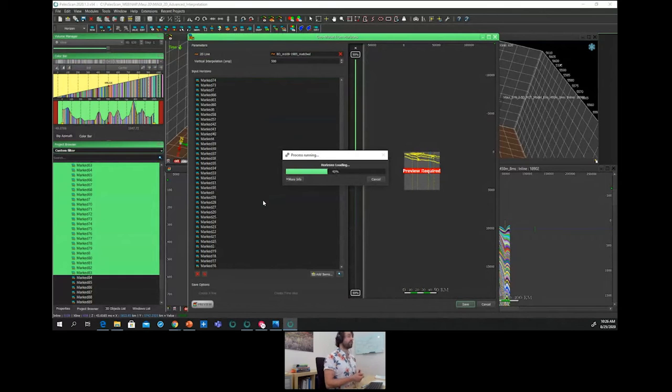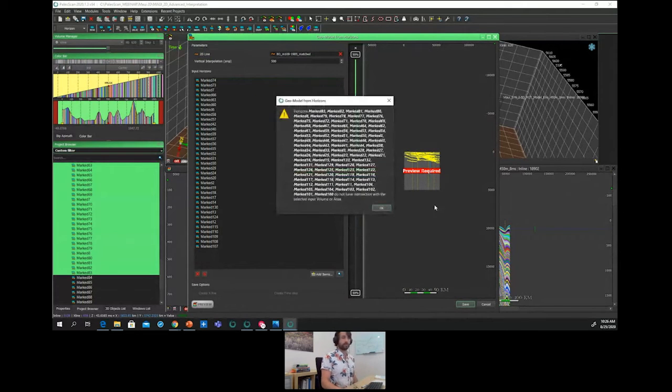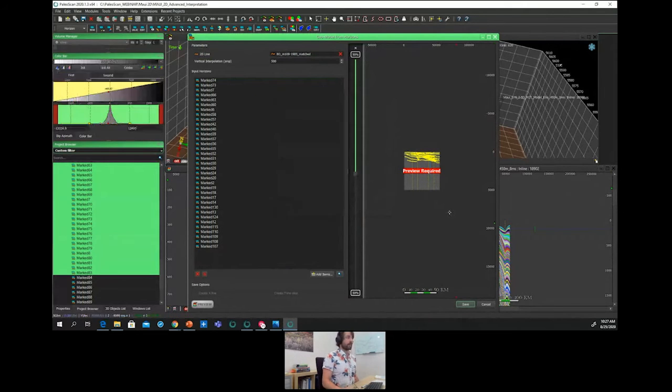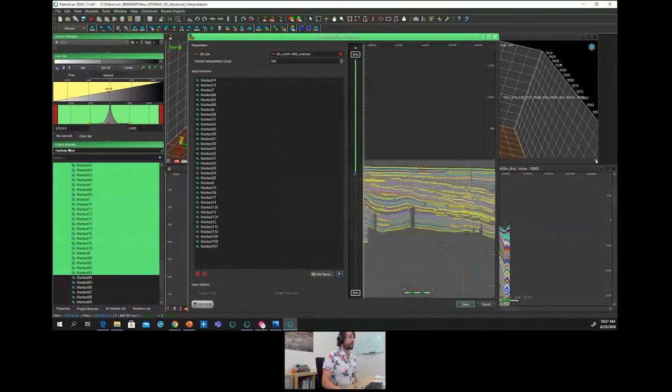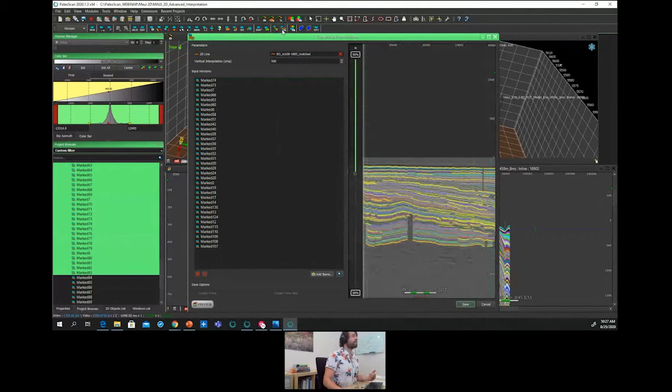The more 2D horizons we integrate, the more we constrain the creation of the model. And so we just have to preview. So this simple tool, 2D GeoModel from horizons, is a way to skip the creation of the 2D model grid.